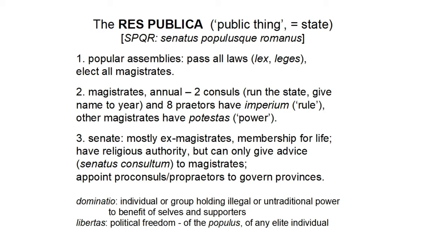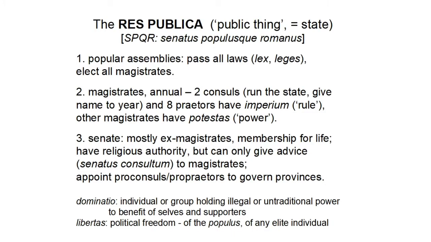Secondly, you had magistrates. We might call them officials, but the Romans called them magistrates. All books about the Roman world call them magistrates. They're not magistrates in our sense, right? And the key ones, which you probably have heard of, are the two consuls who give their name to the year and basically run the state. And they and the praetors, the second most powerful people, have a rule because in some sense their post is religious, and so they have this thing called imperium, which is rule, and there's nothing you can do to them while they're in office.